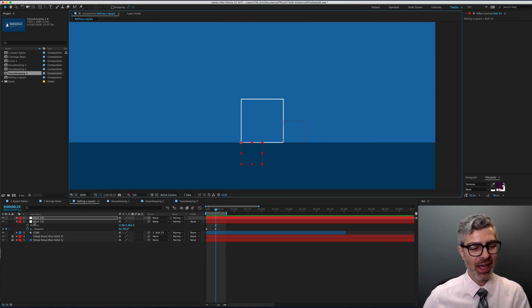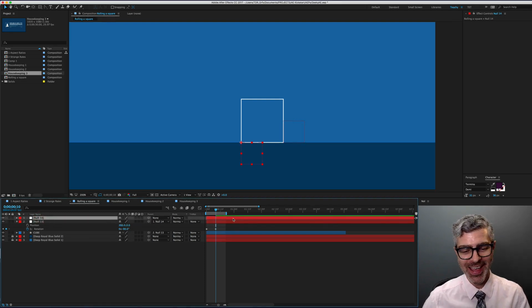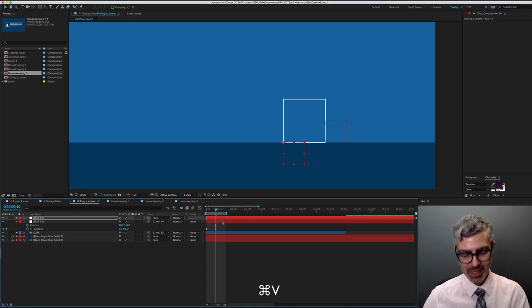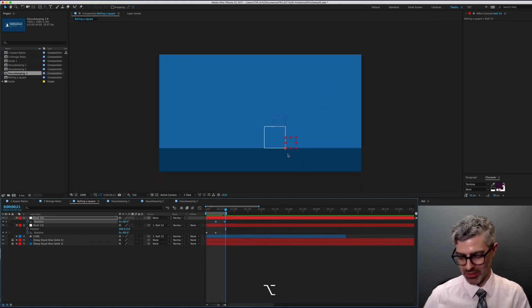And now I'm going to take null 13, which was my first one, and I'm going to parent that to null 14 now, okay? And now here on the final keyframe of my rotation, or I could go like another frame or whatever, I'm going to press Command V, right? And that is my rotation, right? And now it does that, right? It has 2 rotations,